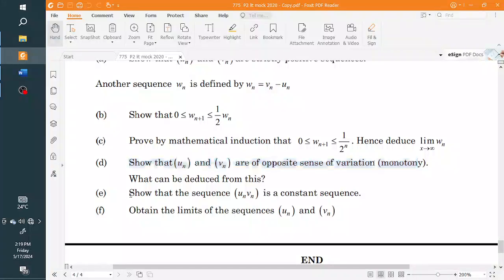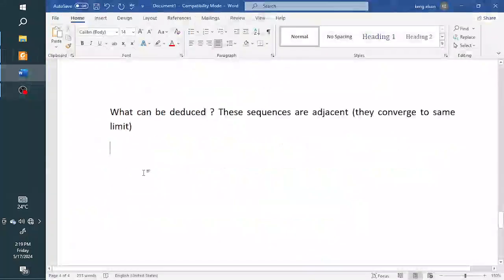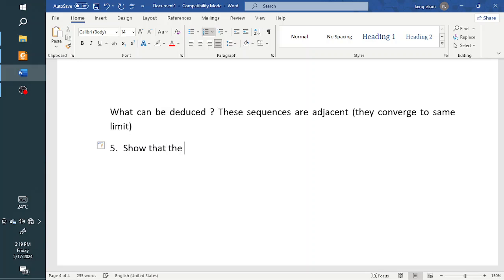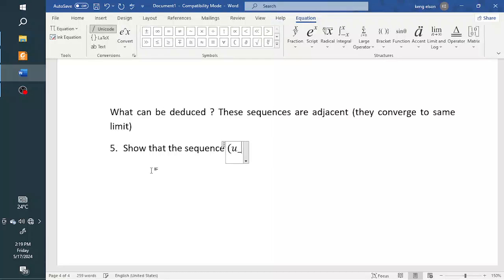Show that the sequence UnVn is a constant sequence. So that's the fifth question. Show that the sequence UnVn